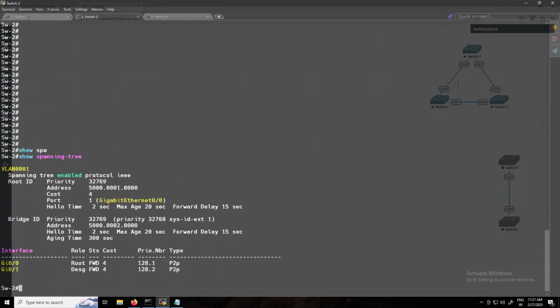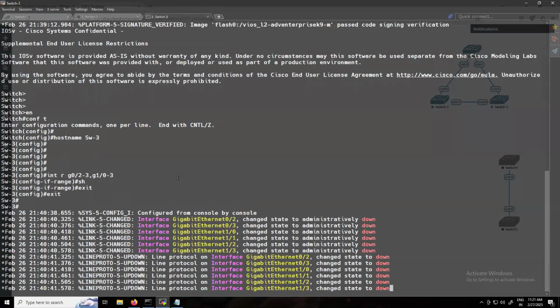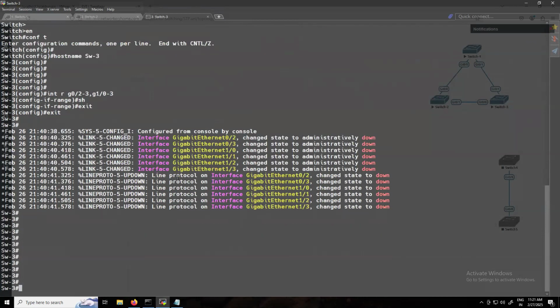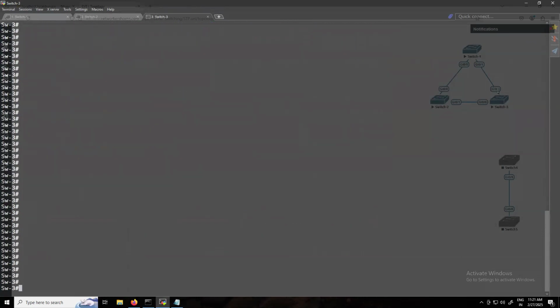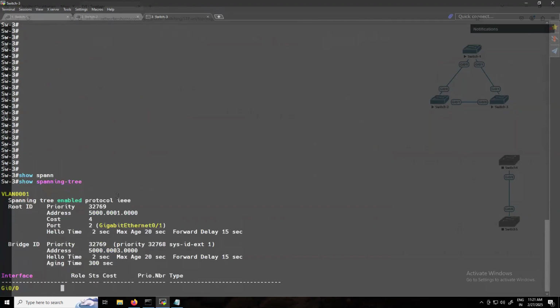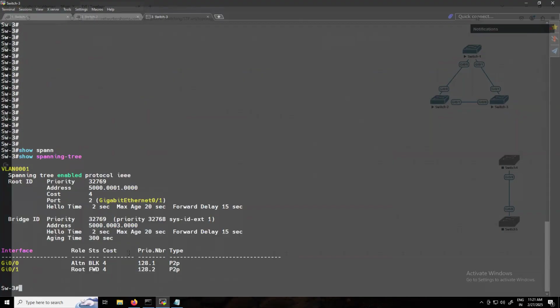So we can see 0 by 0 is root, 0 by 1 is designated. Switch 3: in this case, this will be root and this will be alternate. So show spanning-tree. We can see Zero by 0 is alternate and